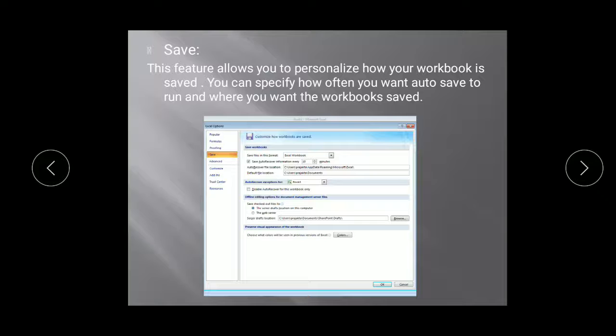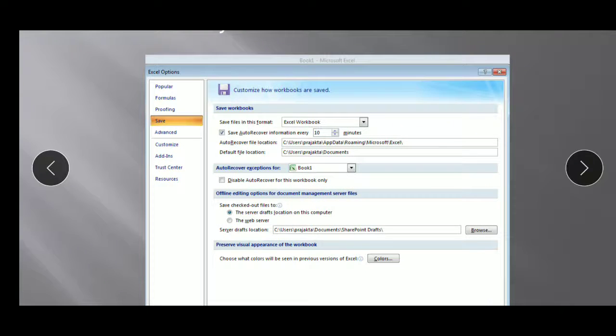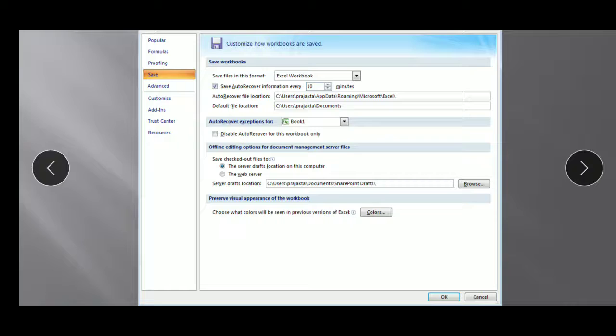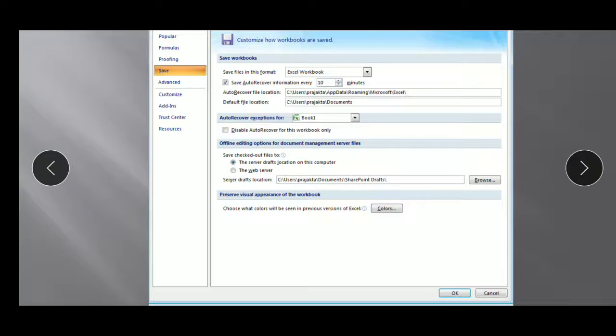What I can do is go to the Excel options, in the Save option, where I have "Save files in this format." If I want to give a default destination or location to my file, I can change the destination. I can see here that my actual user files are in Documents; if I do not give any path, the file moves directly to Documents.